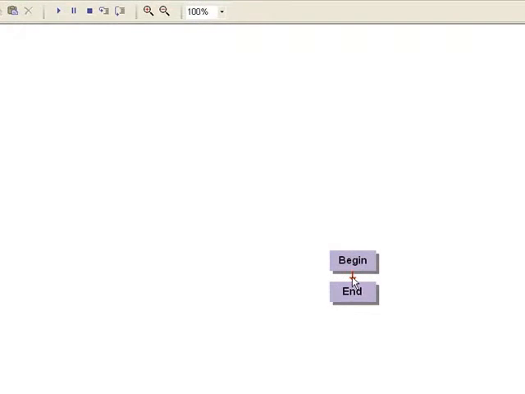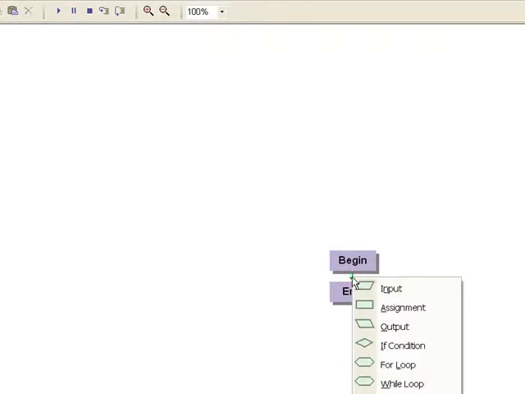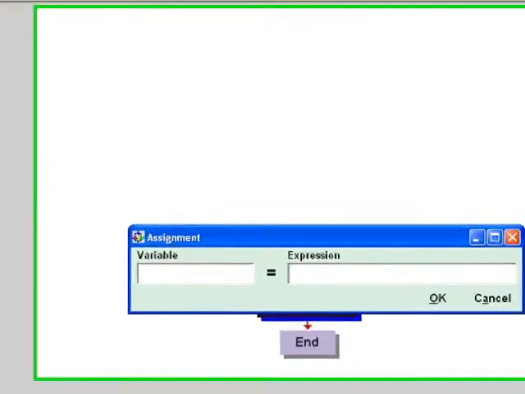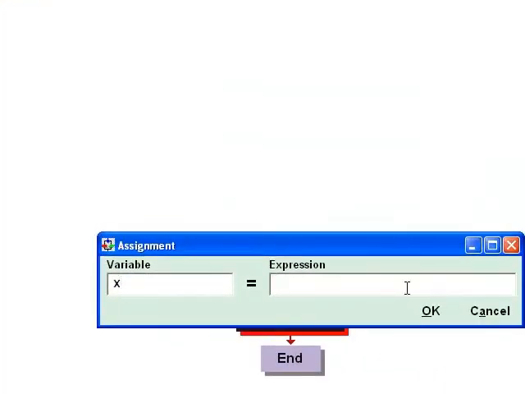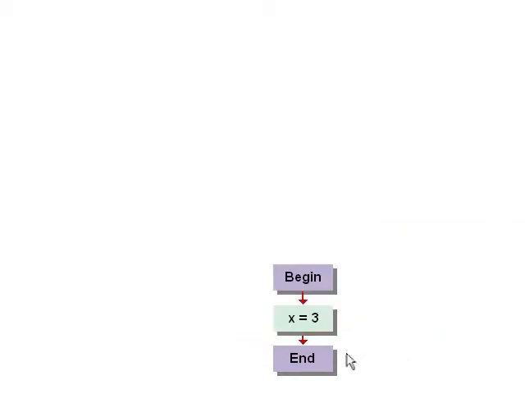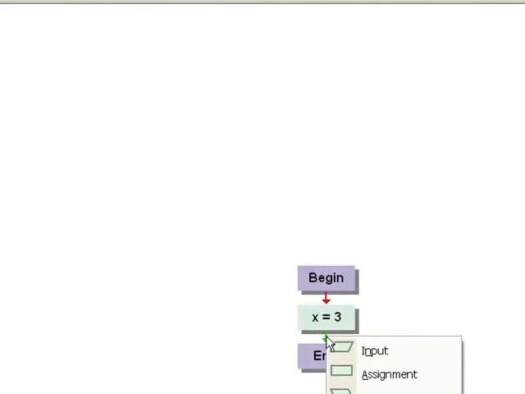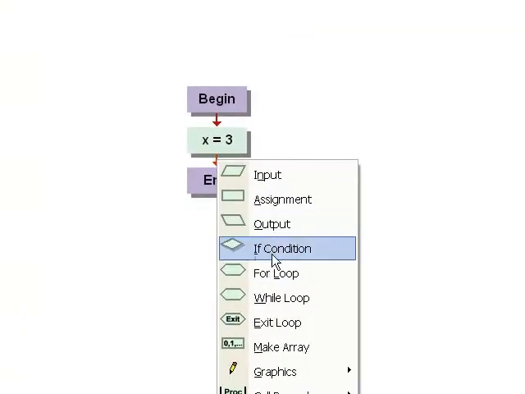Let me have a simple case, which is I'm going to use assignment and give a variable called x. I give it a value of 3. Okay. Then I'm going to test this x to see whether it is greater than a value or not. So if I have an if condition here,